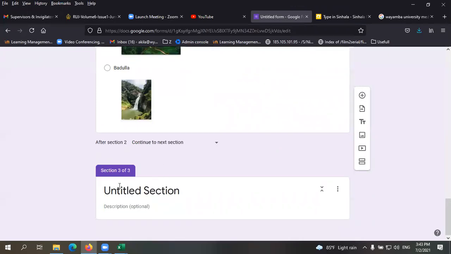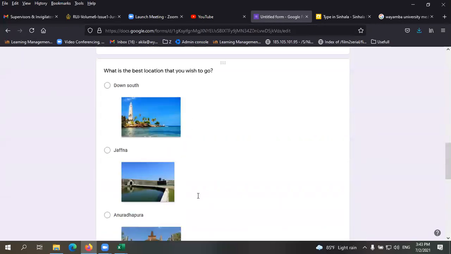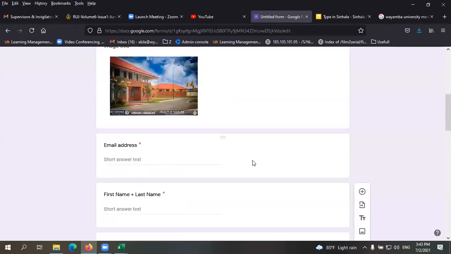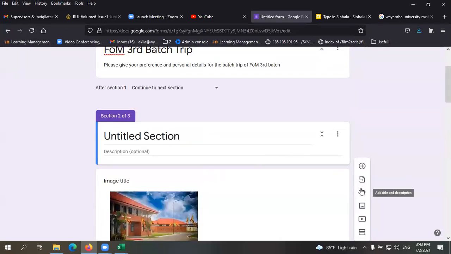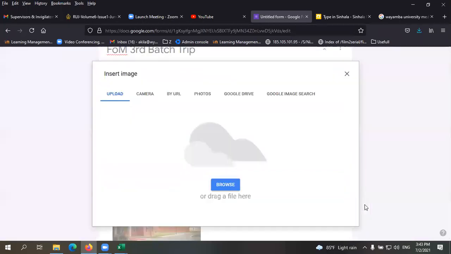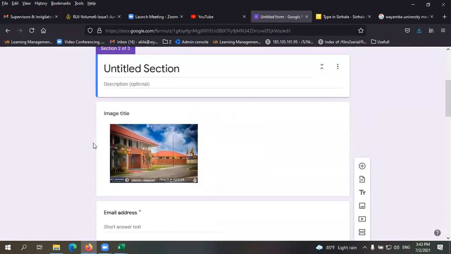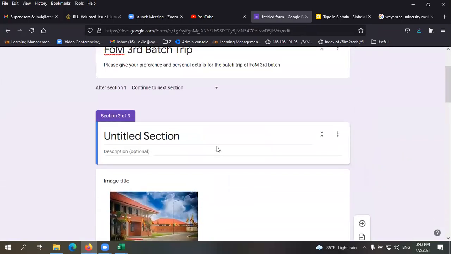Right. Again, can you show that again, sir? What you have to do, just click on this add image icon. This is not a question actually. So here you can see add image. You can click on that, and after that you can add the image. What I did was I clicked on that, added the image, and after that I moved my image to the top.